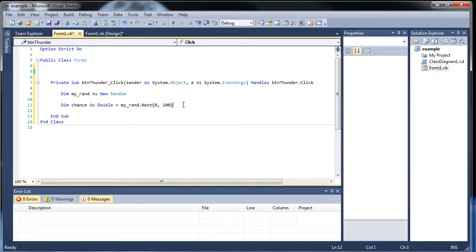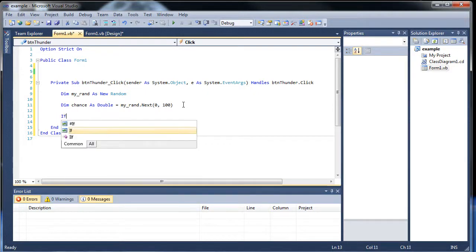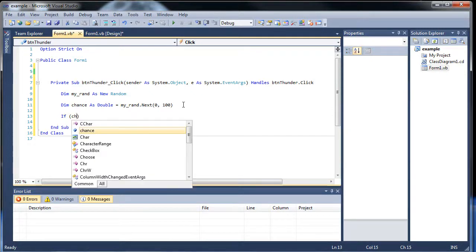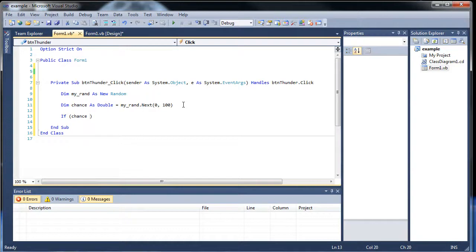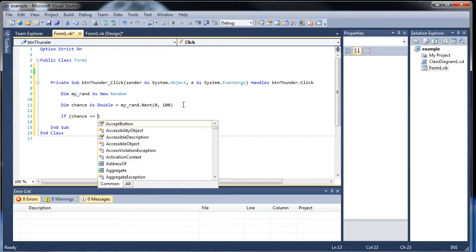Then we're going to want to create an if statement for our thunder attack. Okay, so if chance is... Thunder, if you don't know, in Pokemon has a 70% chance of hitting, which really stinks because it misses so much. But anyways, if it's less than or equal to 70,